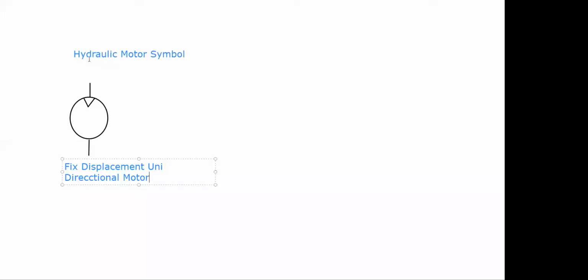Again, this is the symbol for a hydraulic motor. That's why we are going to fill the triangle here, because this is going to handle the fluid. That's why this fluid is visible. So we are going to make this shadow here in the triangle. Okay, now we are going to see